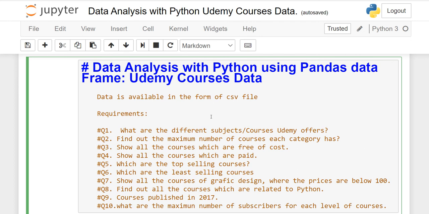In this lesson, we are going to discuss a new data set which is called Udemy Courses Data. And we are going to use Python using Pandas data frame. And our data set is available in the form of CSV file, which is called comma separated value files. The requirement of our data set is, first of all, we have to find out what are the different